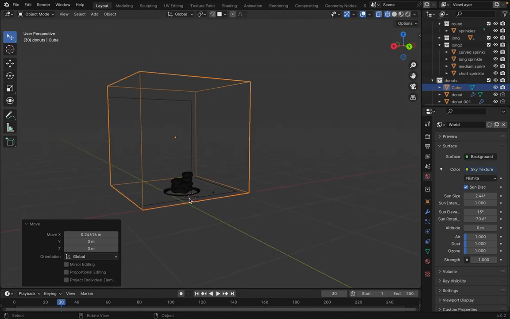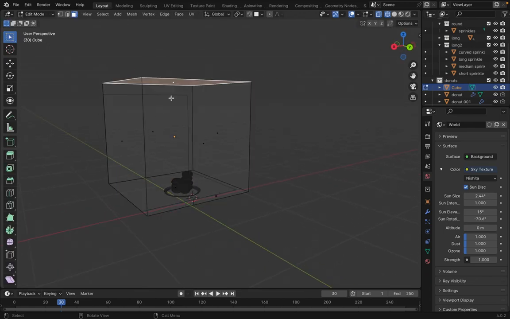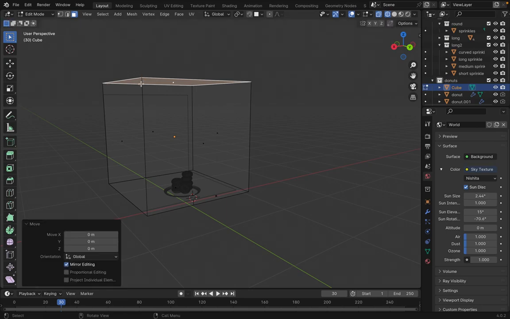Now we go to the object mode, we select this face, G, B, hit G, B, and we select this one, yeah, like this,